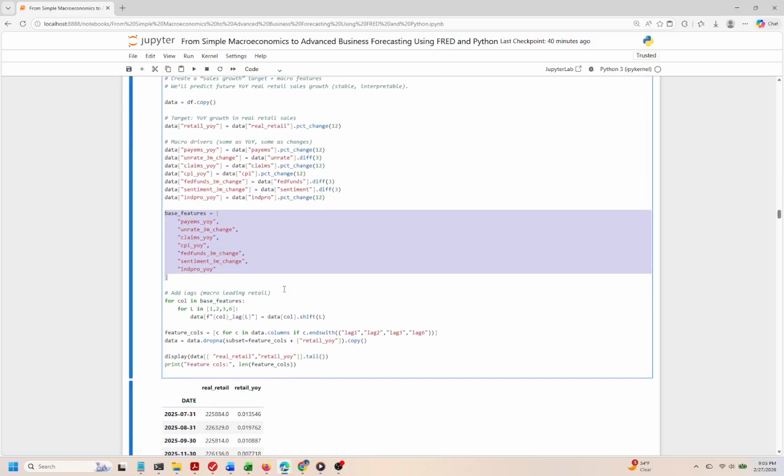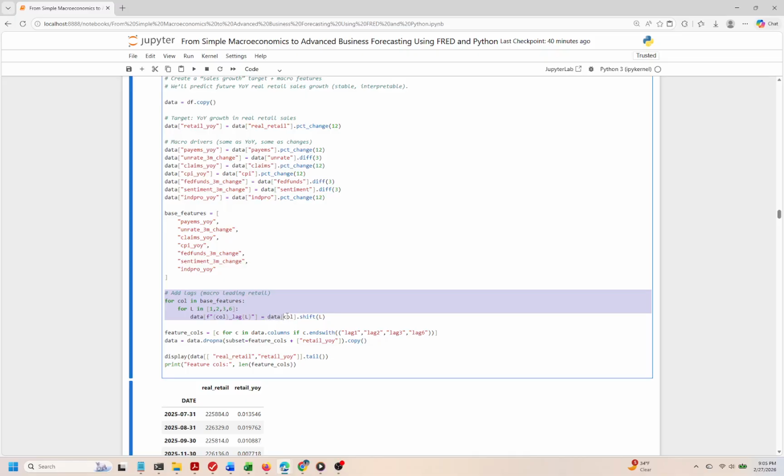Moreover, we recognize that some indicators may have a lagging effect on retail sales. To account for this, we generate lagged variables for each of our key features at different time intervals, namely 1, 2, 3, and 6 months. This addition allows us to see how past values of these indicators have influenced retail sales growth, thus enriching our